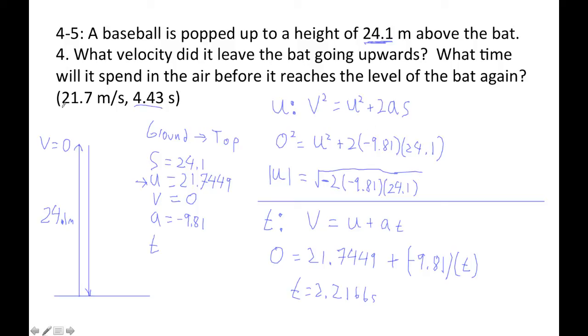Now you're looking at the answer and you're saying, this was correct, right? That 21.7, that's the velocity. But this is half the time. Remember, that's just simply the time from here to here. The time to get back down would be the same time. So the total time,